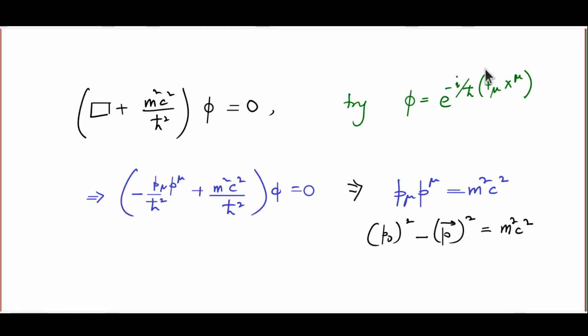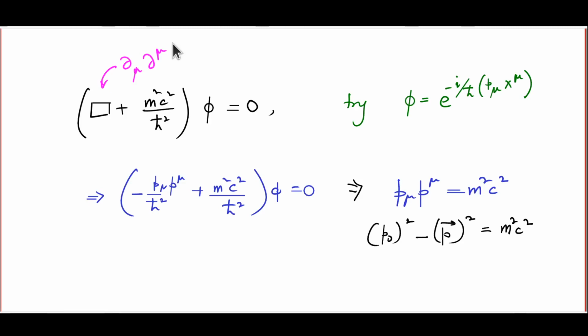Moving quickly on to the other topic that we had already studied in the last lecture, that of wave-like solutions of the Klein Gordon equation and the corresponding results about the energy values which such solutions have. Let me remind you that we start with the expression (box plus m square c square by h cross square) phi equals 0. Just to remind you, box is nothing but del lower mu del upper mu. And if you try a wave-like solution phi, given by e to the minus i by h cross p lower mu x mu, where the p mu's are just constants, arbitrary constants at this stage,